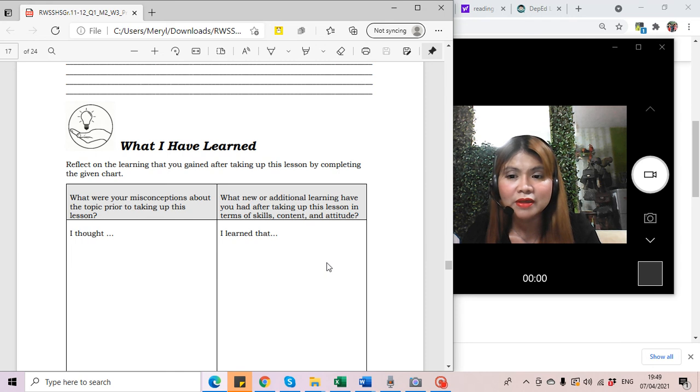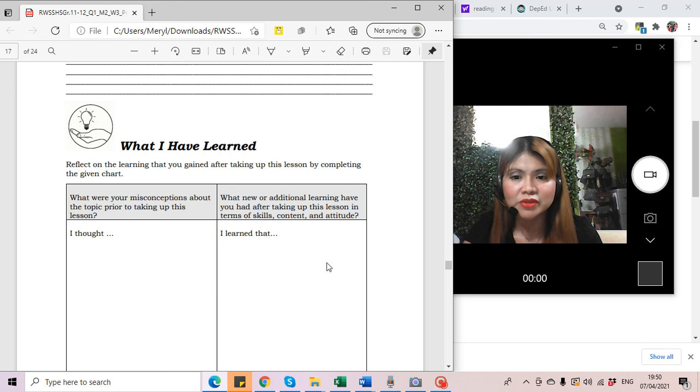I thought blank, so you're going to complete the idea. Okay. Kala nyo ganito, pero ito pala yung dapat, o ito yung tama. So there's no limit as to how you will express yourself, as long as you explain in complete sentences and that you use English, write in English. So on the right